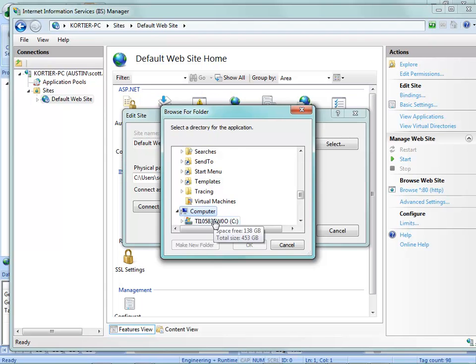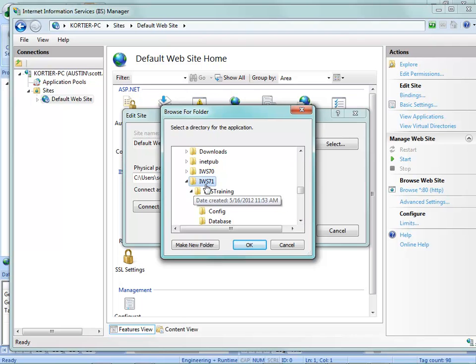So we're going to go to here, C, and you would do this wherever you save that particular training project that we're working on. Originally I put it under C, IWS 7.1, IWS training, and we have a choice here. We can point this to the web subfolder, which would make it easier,